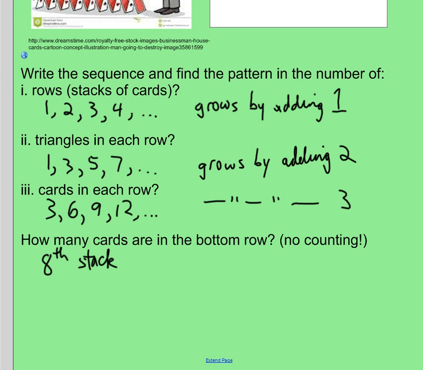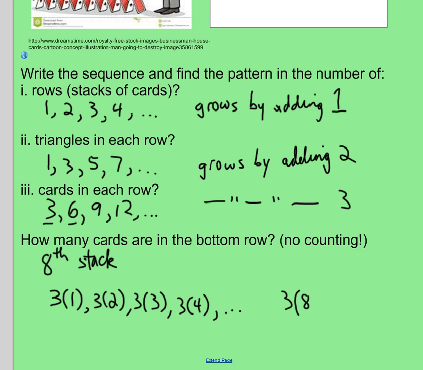and knowing that the number of cards in each row seems to be, we could kind of model it like this: 3 times 1, 3 times 2, 3 times 3, 3 times 4. We could therefore extend that and say, well, in the 8th stack we ought to have 3 times 8, or 24 cards. So there's certainly multiples that are being involved in this type of sequence,